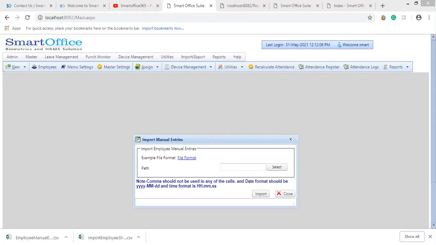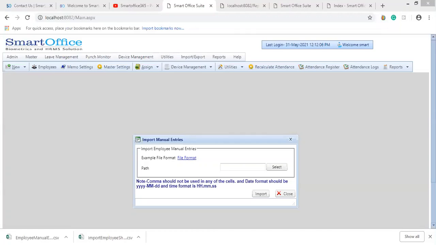Please mention the timings according to the format, that is 9:30:00. Our date format will be YY-MM-DD, and for importing the sheet, the time format will be hh.mm.ss.